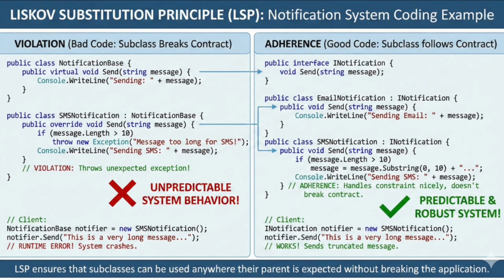But now the SMS class handles long messages safely instead of throwing exceptions. If the message is too long, it simply truncates it. If message length > 10, message = message.substring(0, 10) + "...". So when the client calls INotification notifier = new SMSNotification(); notifier.send("This is a very long message."),